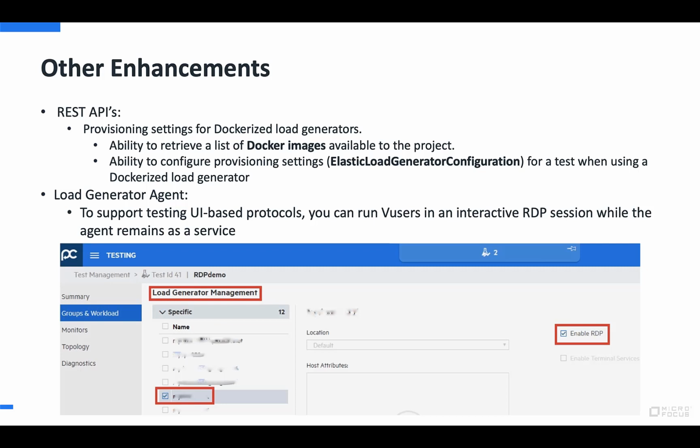On the load generator agent, I think a lot of people are going to be really happy about this, specifically from like an ongoing effort. So if you remember, in order to change the agent to run as a service or to run as a process, you'd have to log into each individual load generator and change that. Well, to support some of the UI-based protocols, and think True Client, SAP GUI, Citrix, you can now run those